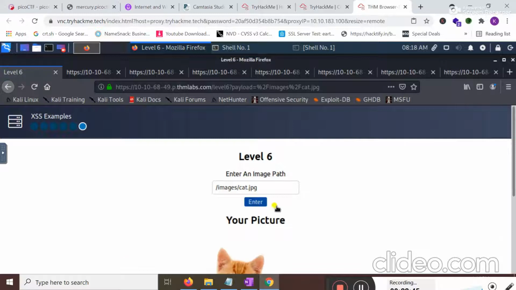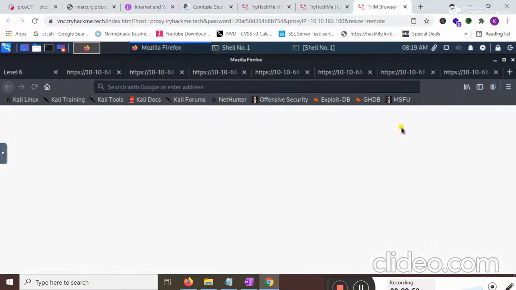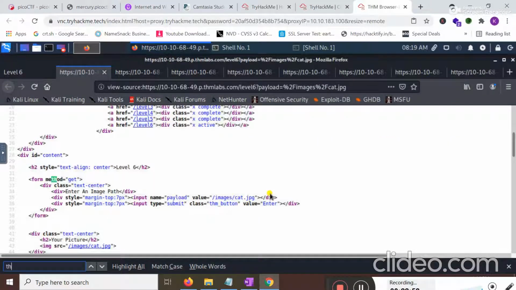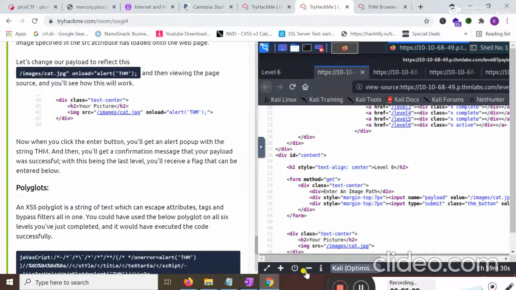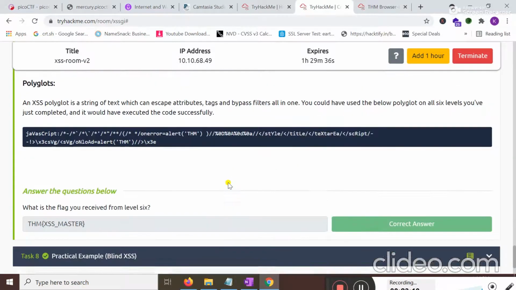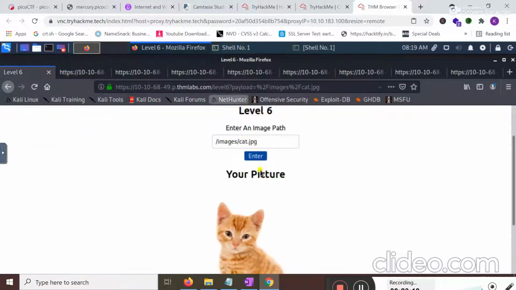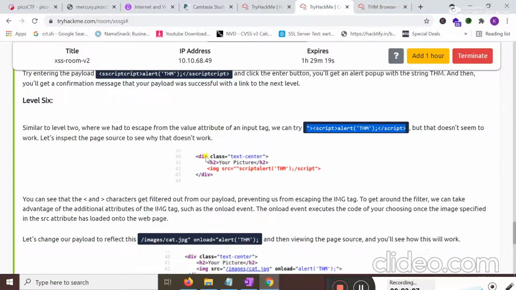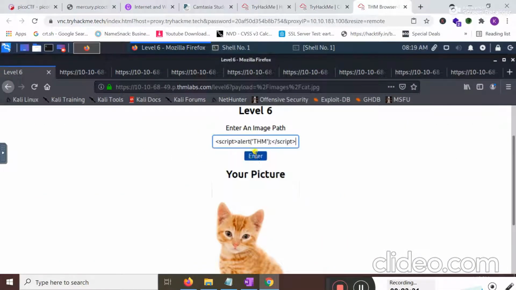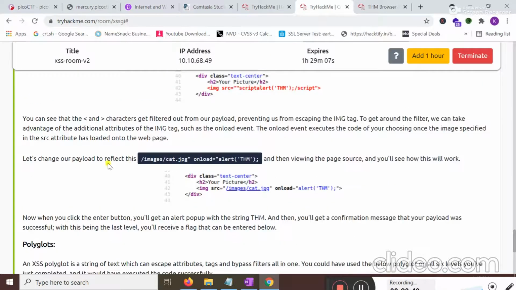When I hit enter, and if I check the page source, if I change my payload, when I copy this payload from here, and now in level 6, you can see that these operators get filtered out from our payload.